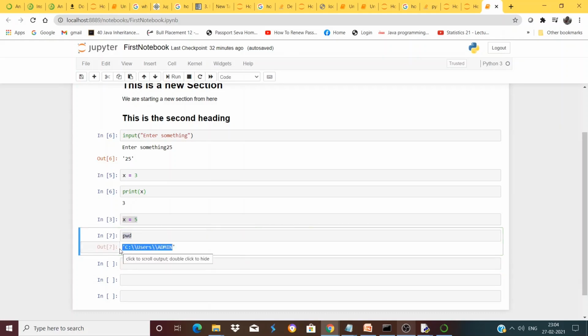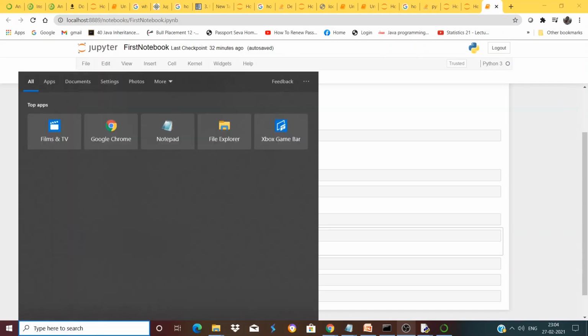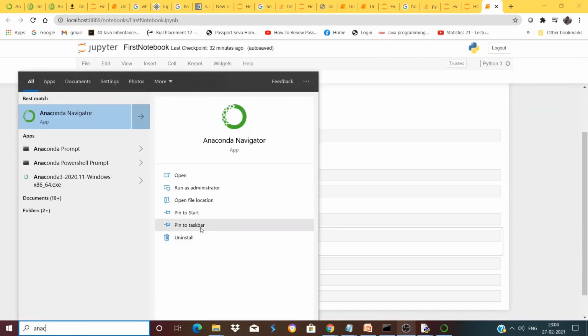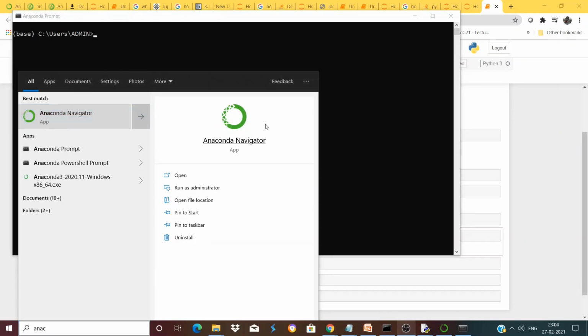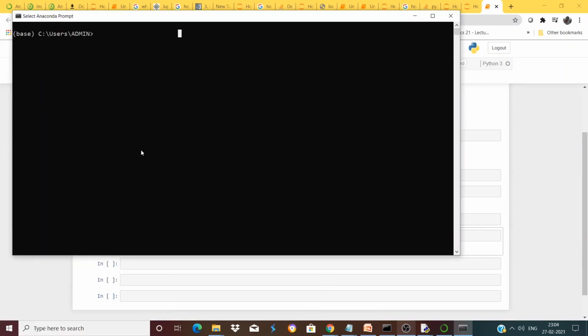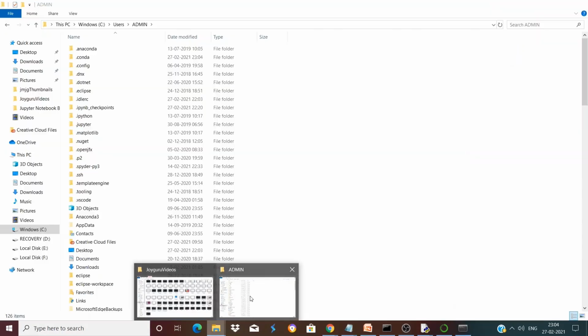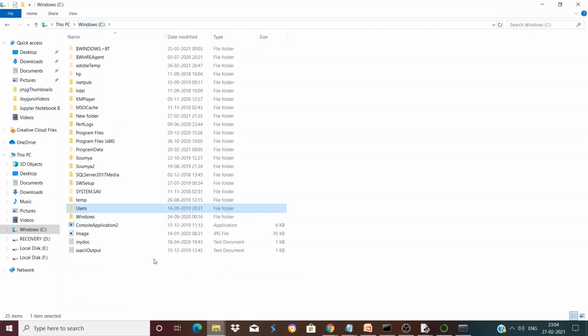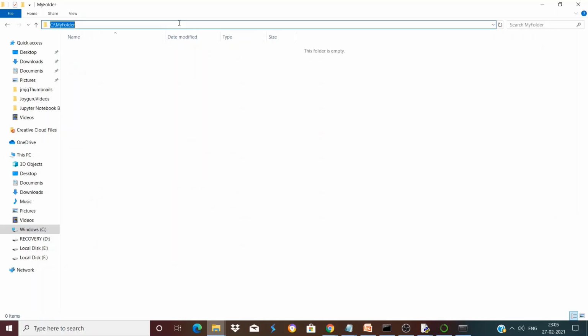Now if you want to change the present working directory, what you can do, first you have to launch Anaconda Prompt from here. Fine. So let's say I want to store my Jupyter Notebook files in this folder. Let's say the name of the folder is my folder. Okay, so what you have to do, you have to go to the folder, copy the path,